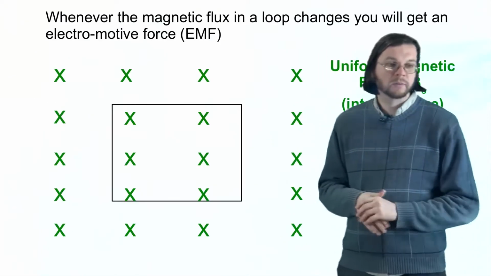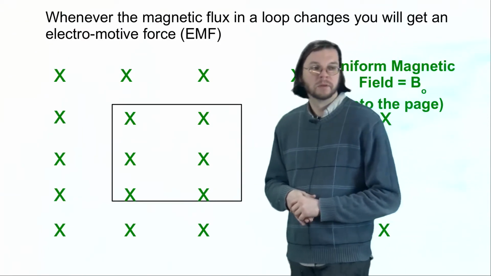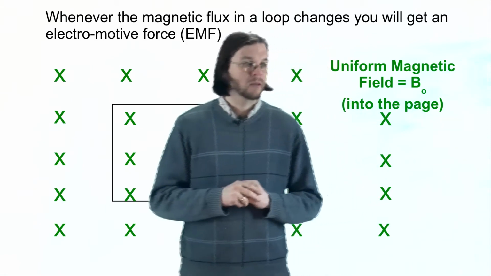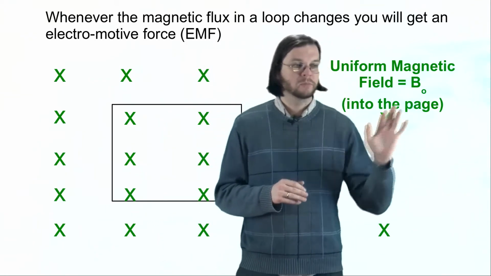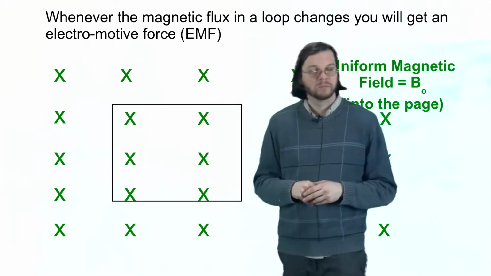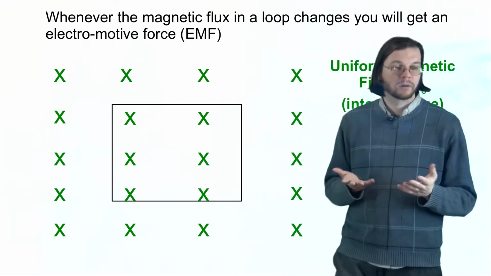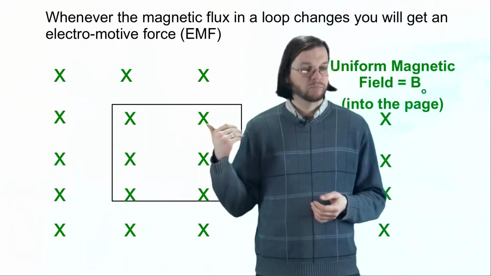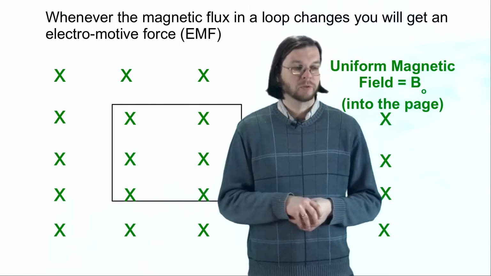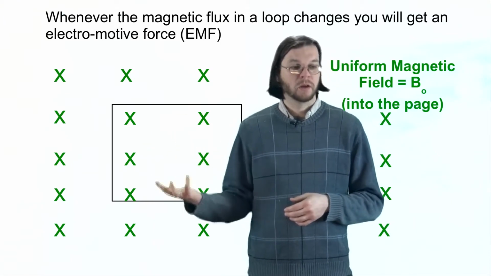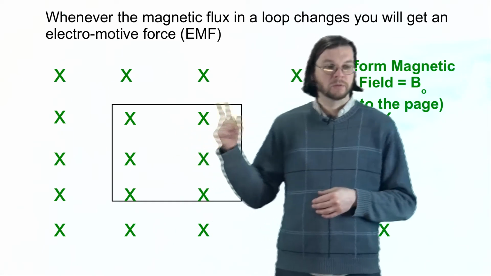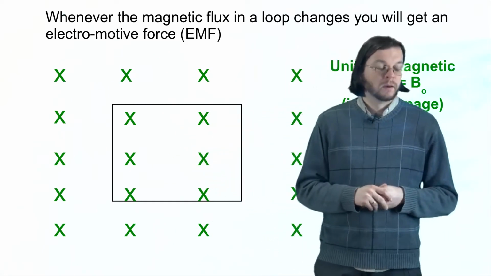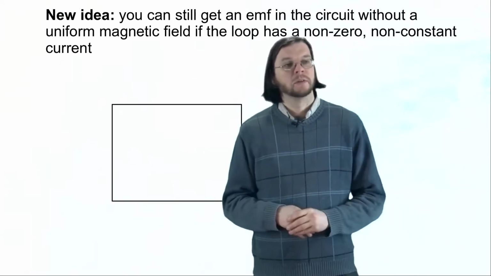And the basic idea that we're going to talk about today is that we're going to be building off this idea that we talked about, how if you have a uniform magnetic field that is changing, either getting stronger or weaker, that produces a changing magnetic flux, which produces an electromotive force, in this case, which can cause current to circulate. But the new idea now is that